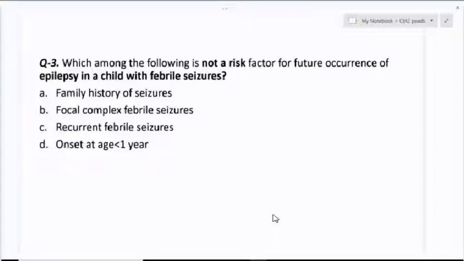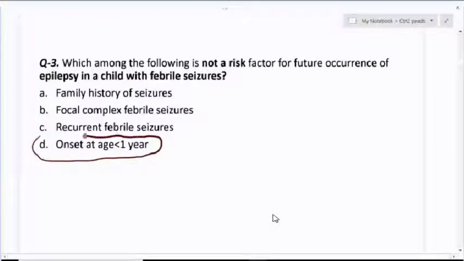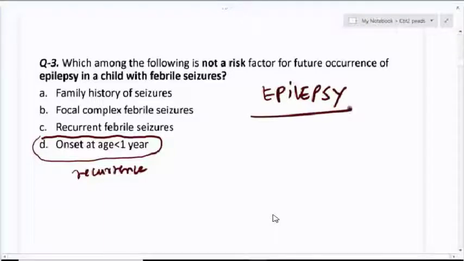Remember, onset before the first year of life is a risk factor for recurrence. In fact, it is a very major risk factor for recurrence, but it is not a risk factor for epilepsy. So when we talk about epilepsy after febrile seizures later in life, the most important thing to remember is this: